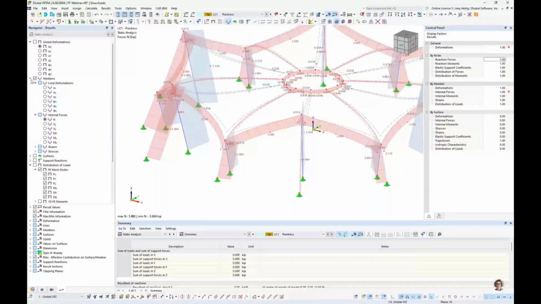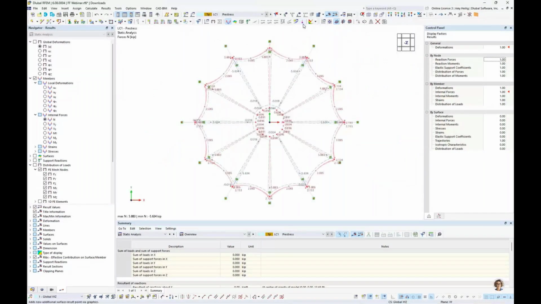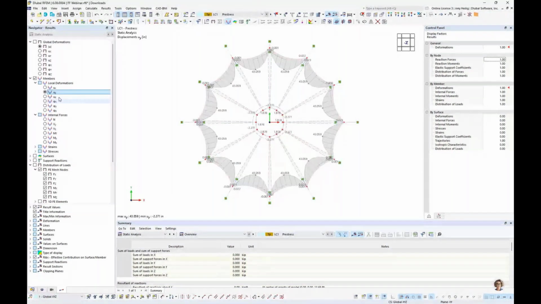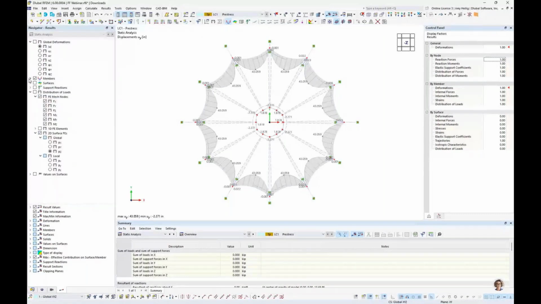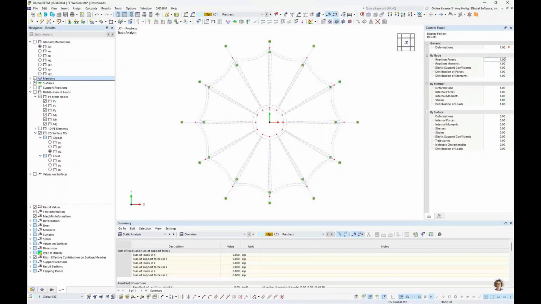But in addition to the member axial forces, we were also trying to achieve a 12% sag with, for example, these exterior cable elements. So we could turn on the local deformation of those cable elements. And if we were to calculate 12% of the member length, it would be pretty close to this deformation that we're seeing here. So a few different things that we can view with the members, but we also want to